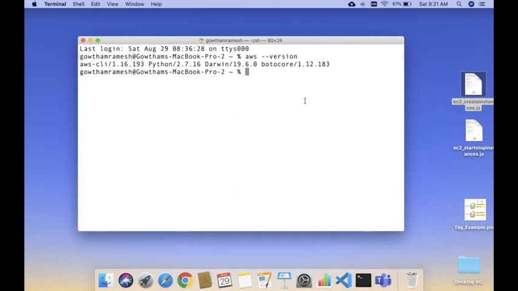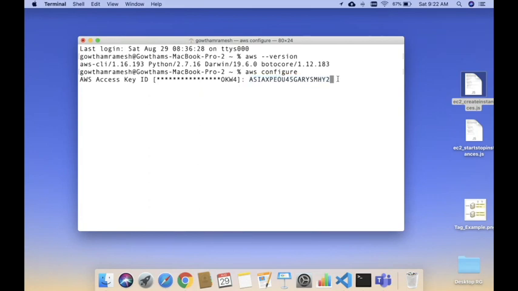In the same terminal, you issue the command aws configure. It will ask you to enter the AWS access key ID, which is provided in the AWS login. You simply paste it over here.